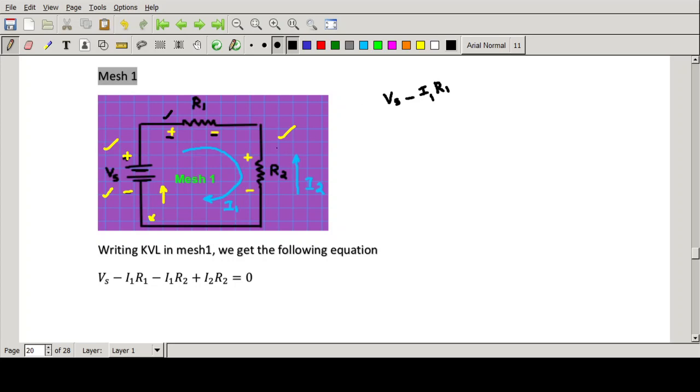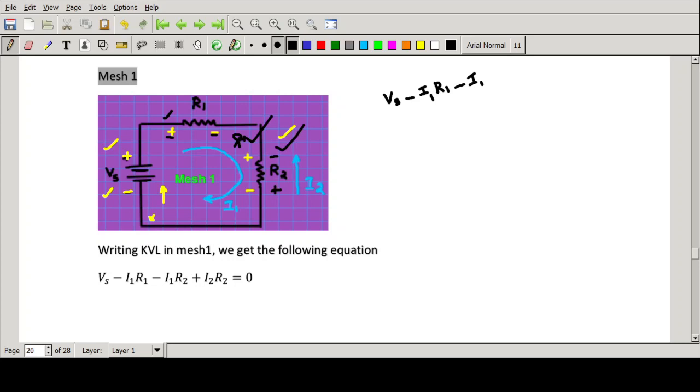Then when coming to this point, that is when you try to find the polarity of the voltage drop across R2, first you will reach this point, and you can see two voltage polarities. Just imagine you are standing here. You can see that one is from plus to minus, one voltage drop. That is due to current I1. So plus to minus means it is decreasing, right? So you will write it as minus. What is the current? I1. But what is the resistance?